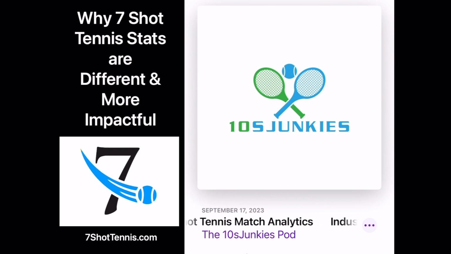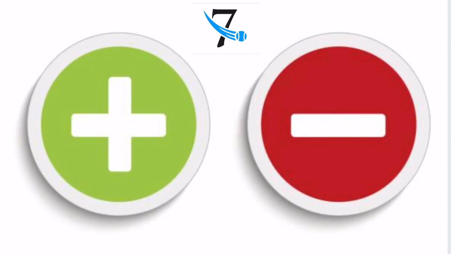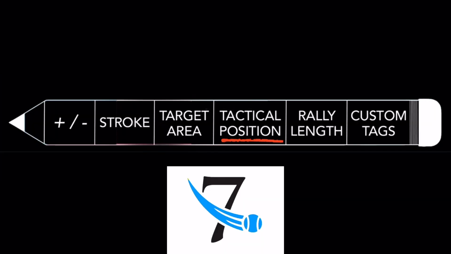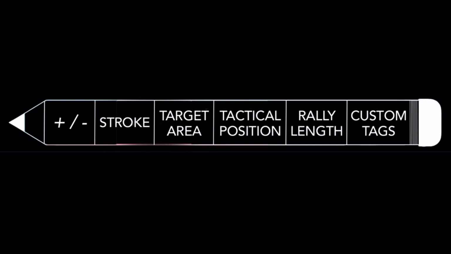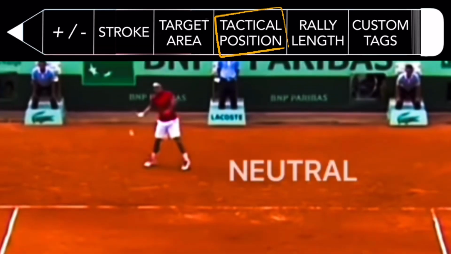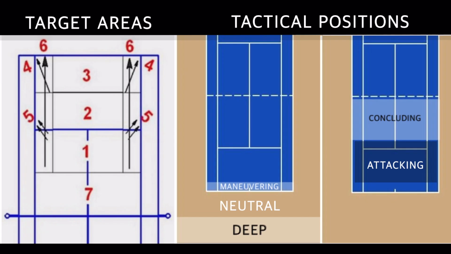Tennis needs that. And we feel like we can finally provide that because we have this uniform way that's very easy to understand, where we define a shot as a particular stroke hit from a tactical position to a target area. All of those things, every single point, are recorded. And so we record where every shot was hit from and where every shot went. And so, in the past, and even today with other companies and systems, you're just going to get, for